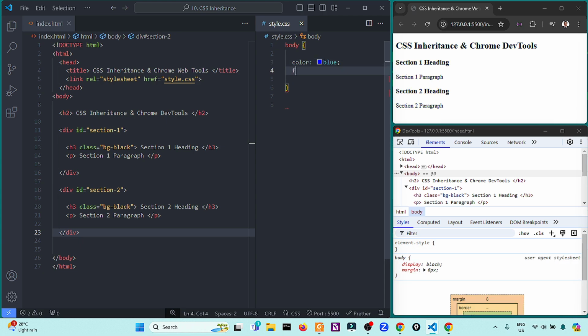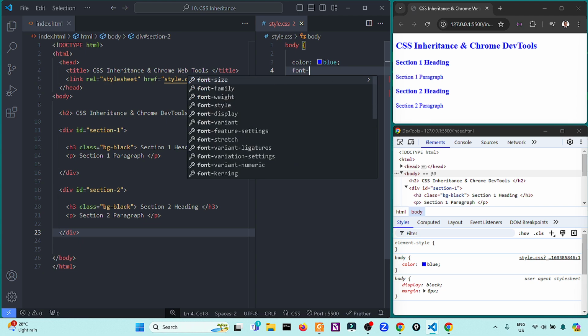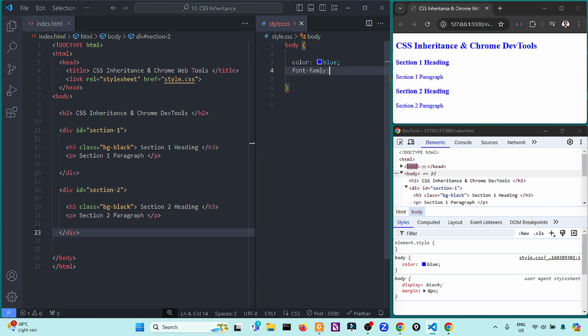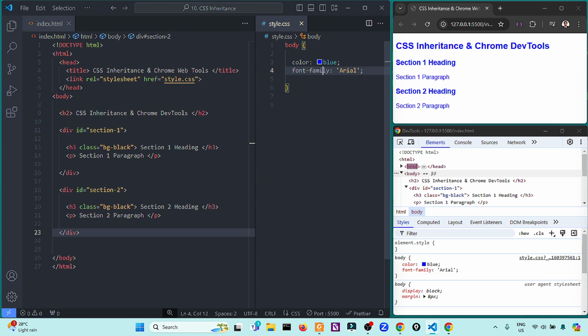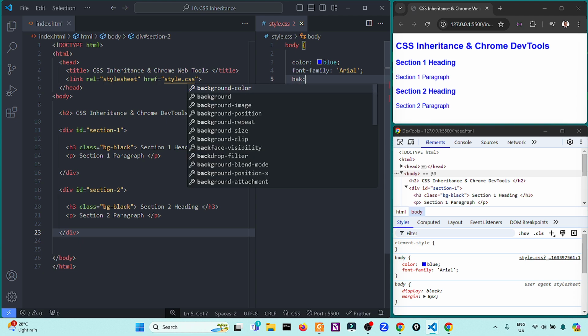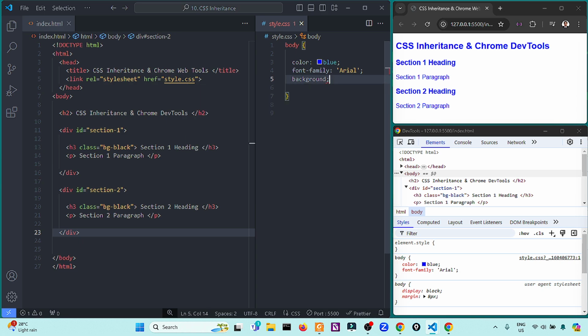Another one, if we have a font family inside the body, this will also be inherited by all of the elements inside the body section, including background. For example, we have a background of pink.